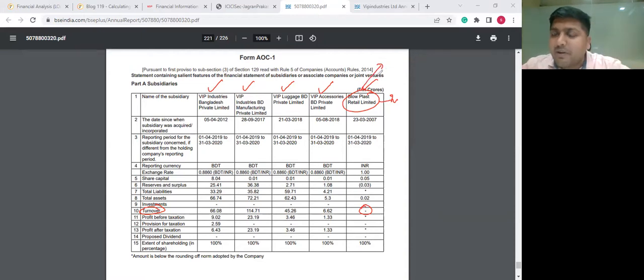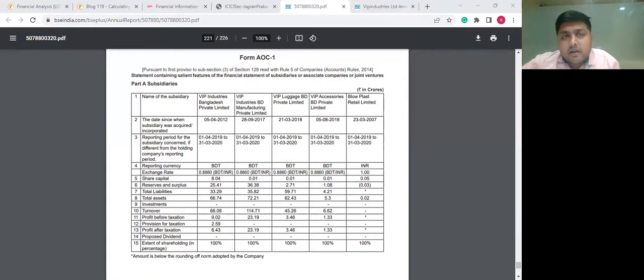So in standalone, revenue should have come, right, if they were selling to the parent? Something like an in-house setup, where I manufacture something, I sell it to the parent, and then the parent eventually sells it outside. So no, even that is not happening. So Blowplast Limited doesn't seem to be doing anything. And the remaining 4 subsidiaries based out of Bangladesh, they seem to be generating revenue, right? We'll come back to this, just trying to paint the picture of what the organization structure is for VIP Industries